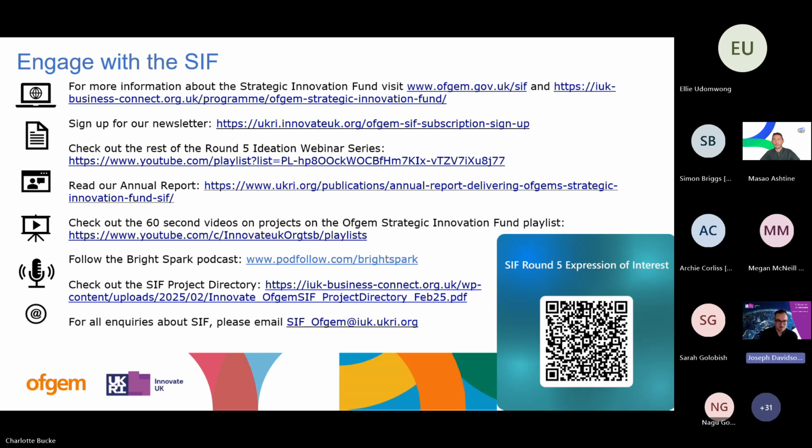So lots of resources on the slides. We'll be sharing this later on, and also we've heard from 3 of the case studies in the portfolio relevant to this challenge today. Off the back of this, we'll also be providing a number of international case studies in whole systems, cross-vector, multi-vector thinking, as well as a number of other GB case studies that we've got in the SIF portfolio and also in the NIA space. So there'll be extra resources beyond the 3 case studies we heard from today around what you can leverage, some of the key learnings and insights from those.